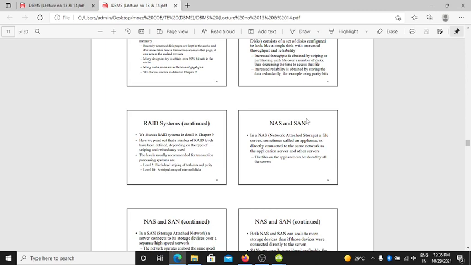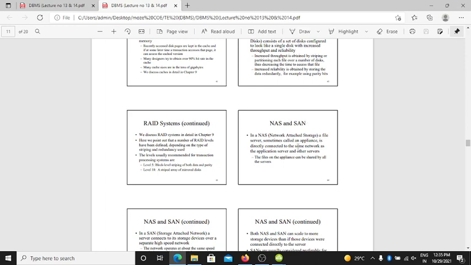The levels usually recommended for transaction processing systems are: first, level 5, block-level striping of both data and parity, and level 10, a striped array of mirrored disks.